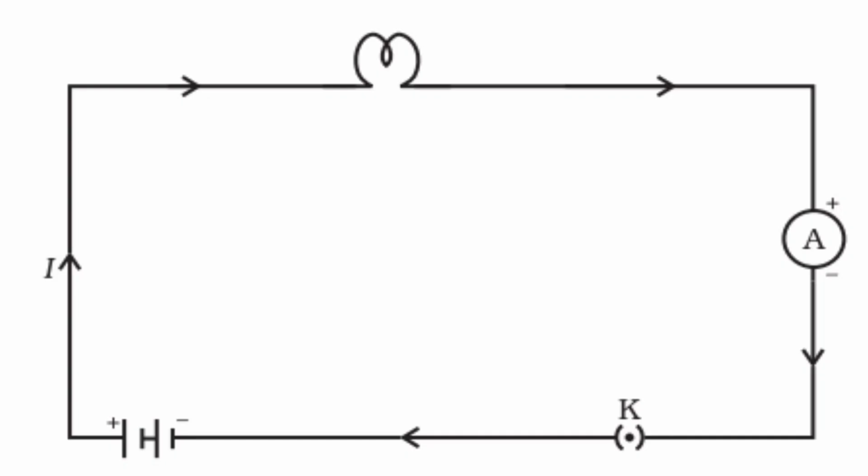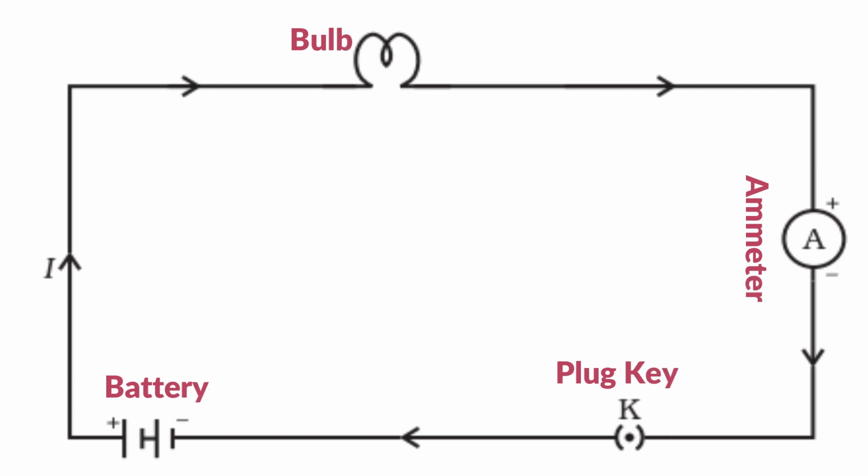As you have already seen, an electric circuit consists of a cell or a battery, a plug key, and electrical components and connecting wires. It is often convenient to draw a schematic diagram in which different components of the circuit are represented by the symbols conveniently used. So conventional symbols used to represent some of the most commonly used electrical components are